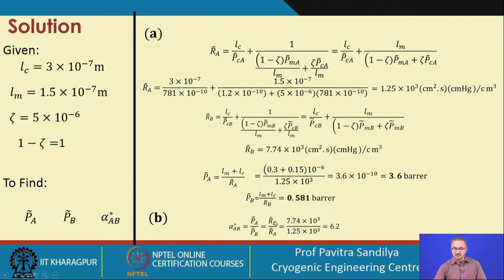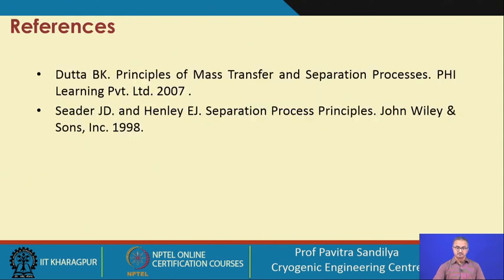Next, we come to find the ideal separation factor, and we find that by taking the ratio of the permeabilities, or the inverse of the ratio of the resistances, this is the value of the ideal separation factor. This shows that this particular membrane is selectively separating oxygen by letting oxygen pass through it, while retaining the nitrogen. So that is how we are able to take care of the pinhole in our analysis of the membrane separation. Further details may be found from these two references.